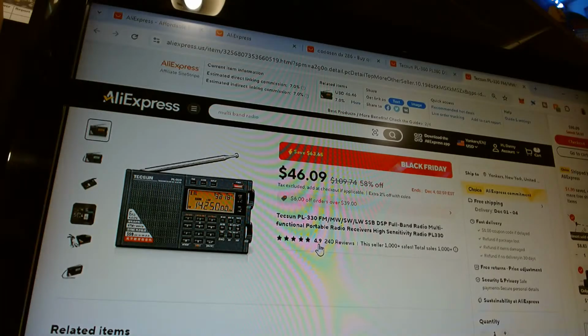That is a very good rating for that many reviews. So it's almost a perfect score. This radio checks all the boxes. It's a very good FM receiver, although it does not have RDS. There's no RDS, but it's a very good radio.